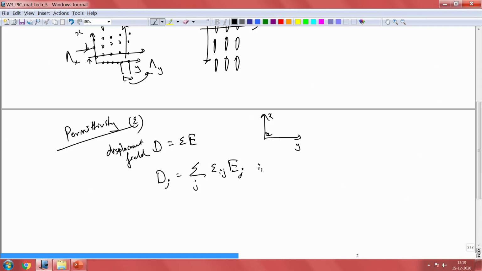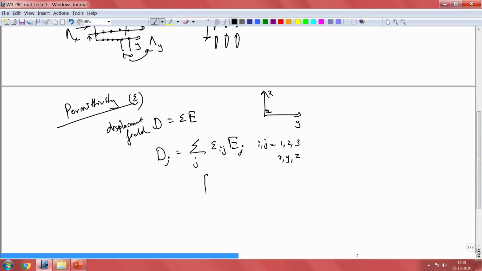Where i, j is 1, 2, 3, representing the x, y and z coordinate system. So, this will eventually result in a 3 by 3 matrix for your dielectric constant, or permittivity in this case. So, this would constitute what you call epsilon ij, which is nothing but the electric permittivity tensor,